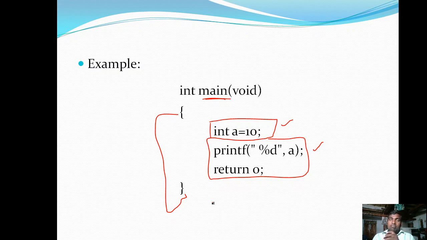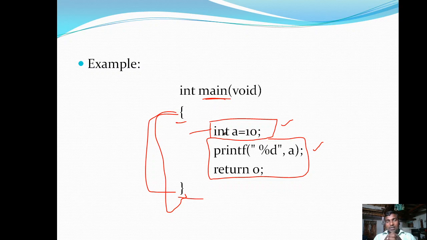Every C program must have at least one function. If your program has only one function, then obviously that function is the main function. If your C program has more than one function, then one of the functions is main and the remaining are user defined or predefined functions. Inside the main function, whatever we write is surrounded in between the opening and closing curly braces. In between them, the entire lines are again divided into two sections or two parts. One is the declaration part, another is the execution part.